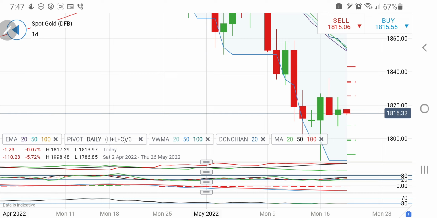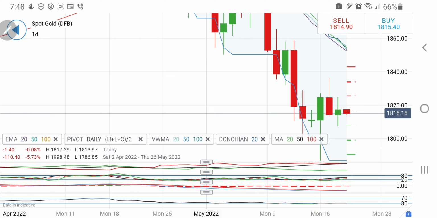If it trades below 1818, you can go short at 1813 levels, and below 1813 one can expect 1810, 1808, 1804 and 1800 levels. It can drop till 1800. Remember, it can drop till 1800 if it continues to trade below 1813, and 1808 is the first resistance which it will find, and below that we may see a good drop towards 1804 and 1800 levels. Take your positions accordingly. Go short below 1813, that is the call, and above 1818 you can go long.